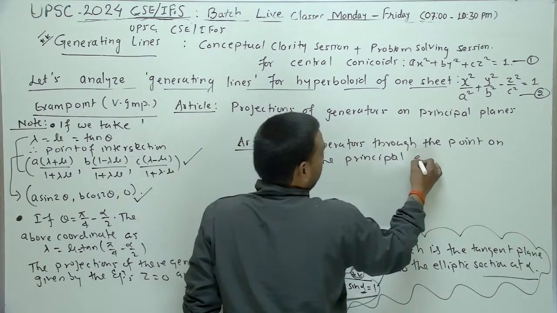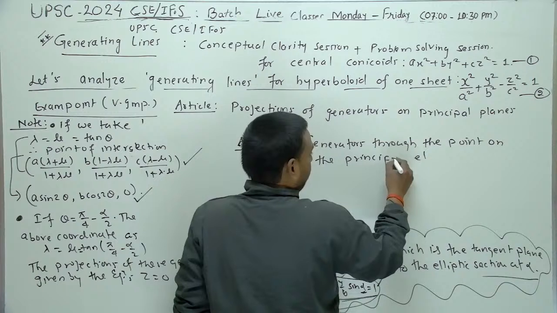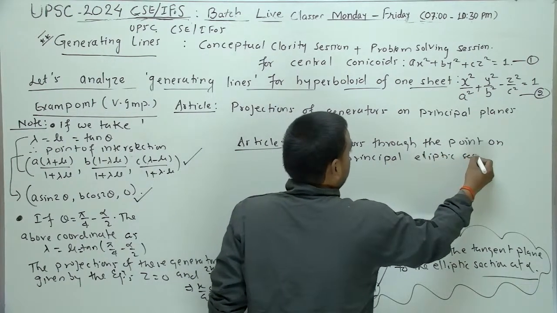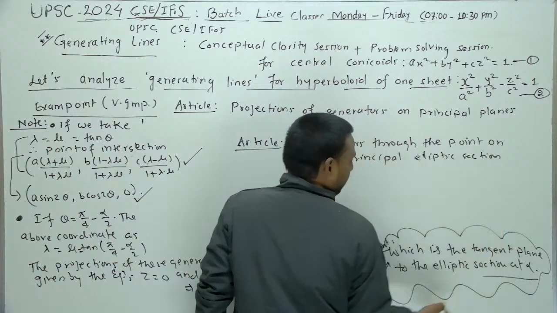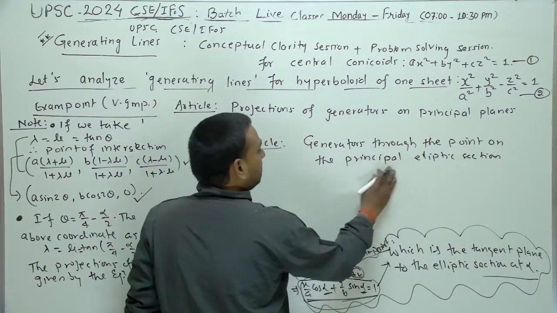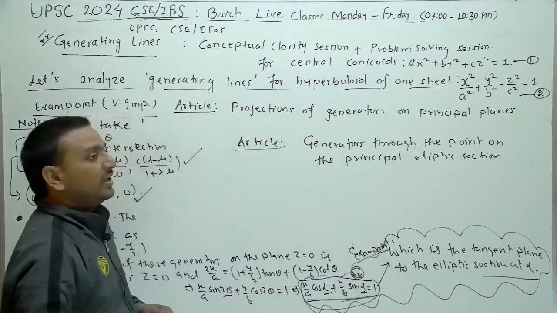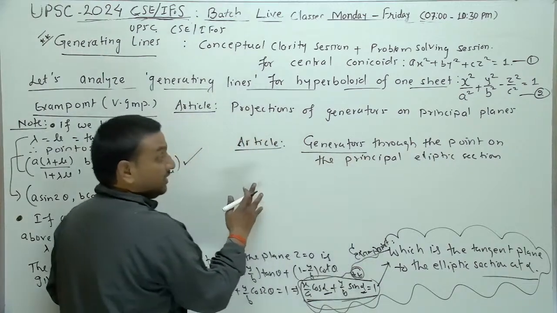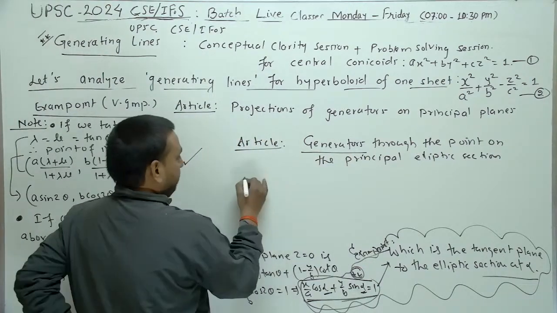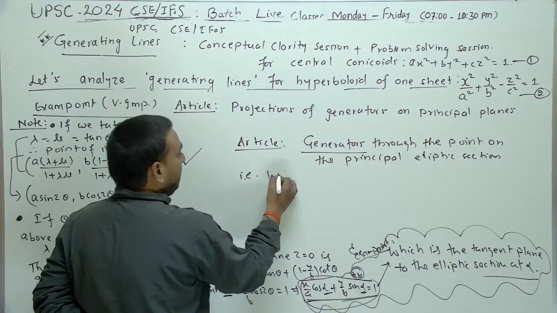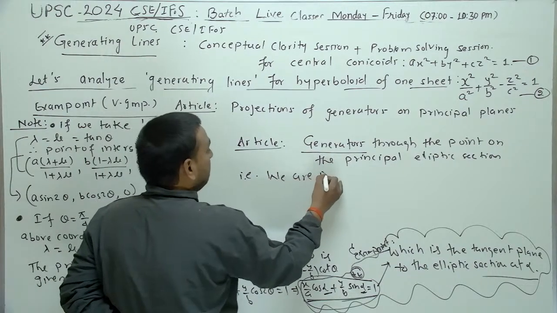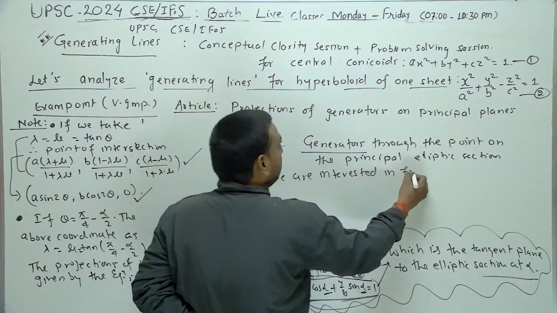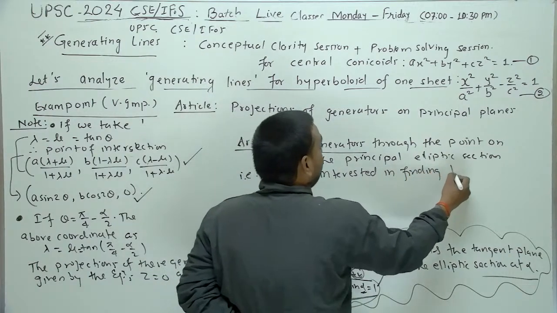Principal elliptic section means if you take some point on the principal elliptic section, then what are the equations for generators? What does this mean? Write carefully, it is easy now. We are interested in finding